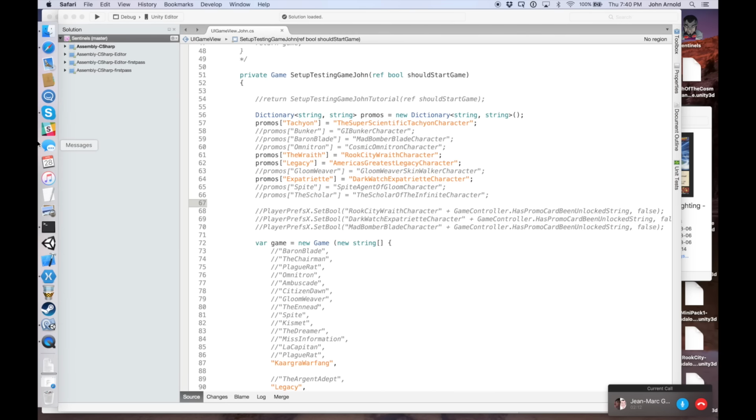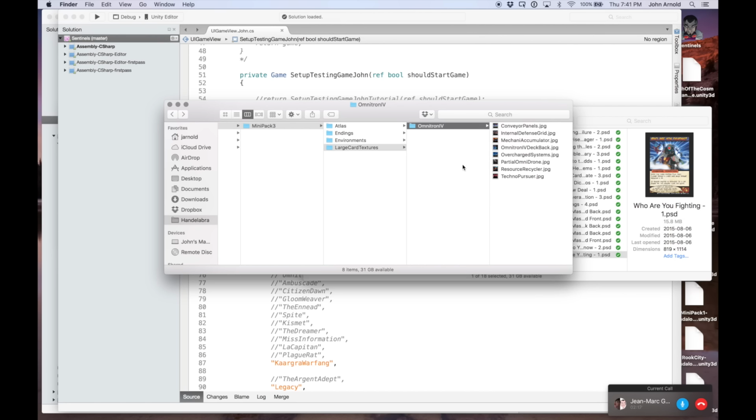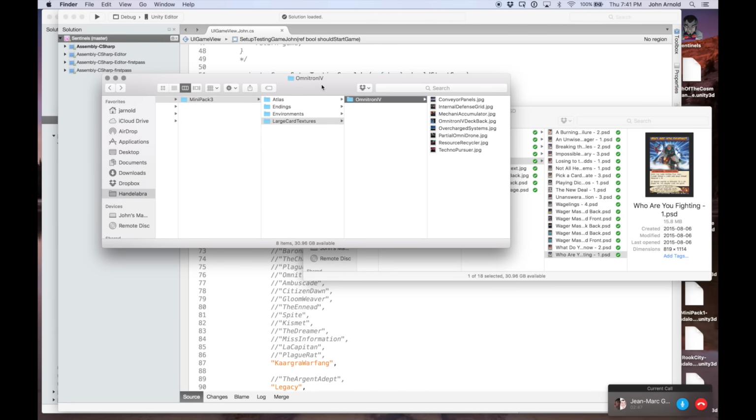All right. So I don't know what's on my screen, but what I'm going to do is basically show the other side. So Jean-Marc took you through the code and the testing and the mechanics of how the deck gets put together that way. But we also need to have it show up on your screen, on your iPad or on your Android tablet or on your computer. And there's a lot of graphical stuff that goes into the game, and I'm going to show you the Unity side of it. So the first stuff I'm going to show you is a bit of the sort of graphics wrangling that we do. Not all of it, but a little bit,